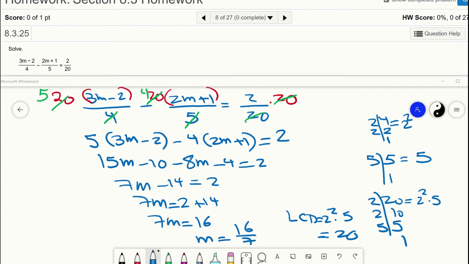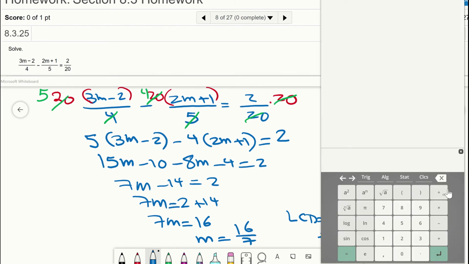Let's go ahead and check that quickly. All right, so we'll start with the fraction. On the top, we'll put in 3 times, I'm just going to use parentheses instead of times, 16 over 7. We're going to have to hit the right arrow. And again, until now, we close the parentheses and we put minus 2, right? And now we hit the down arrow